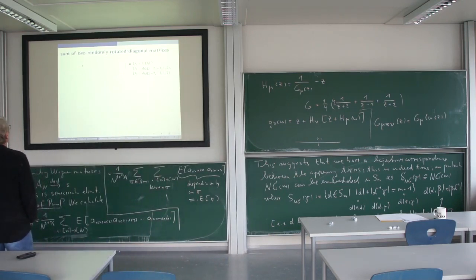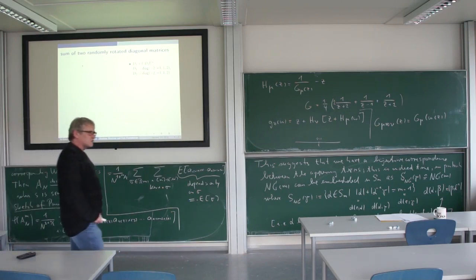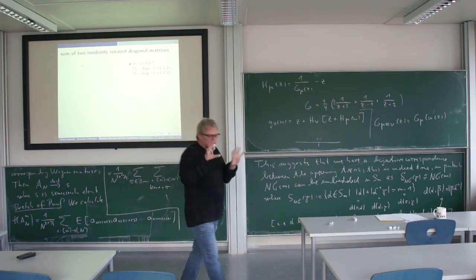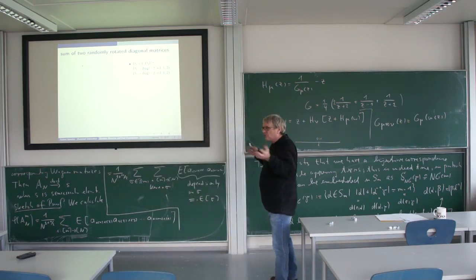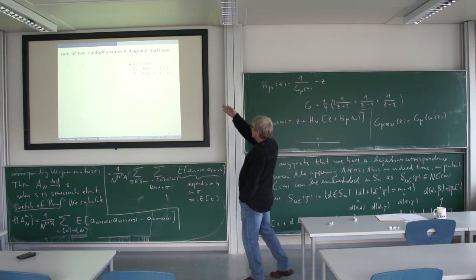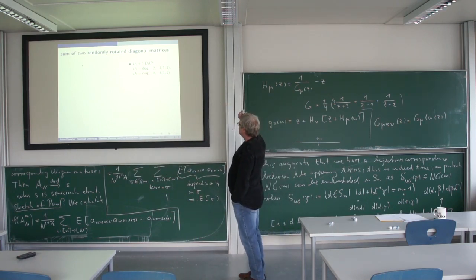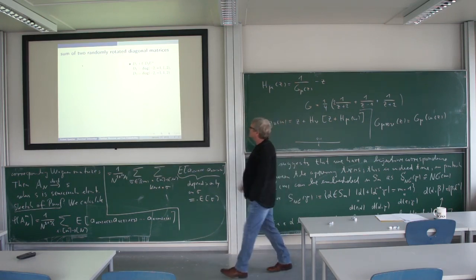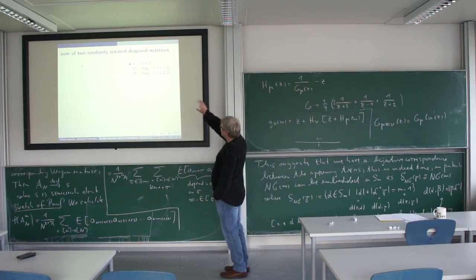Okay, and maybe we can also do more. Maybe this was the step where we had a GUE plus something. This something we could choose arbitrarily, but we can do more. We can take the sum of two arbitrary things, also by rotating one of them randomly. So what I'm doing here is I take now, let's say, the sum of two diagonal matrices, T1 and T2, but the second I rotate randomly. And the first, T1,